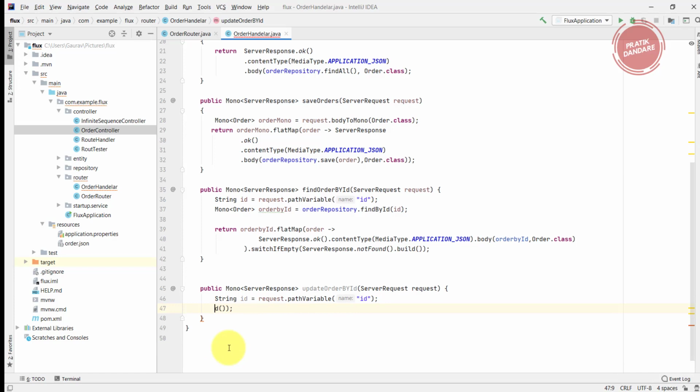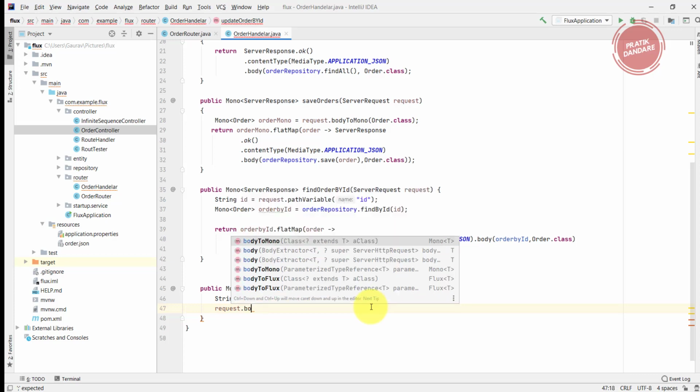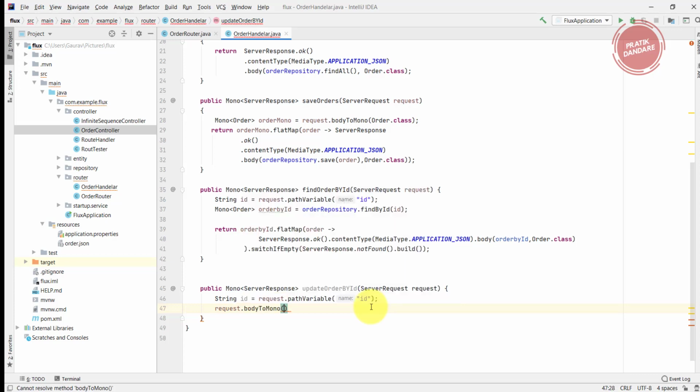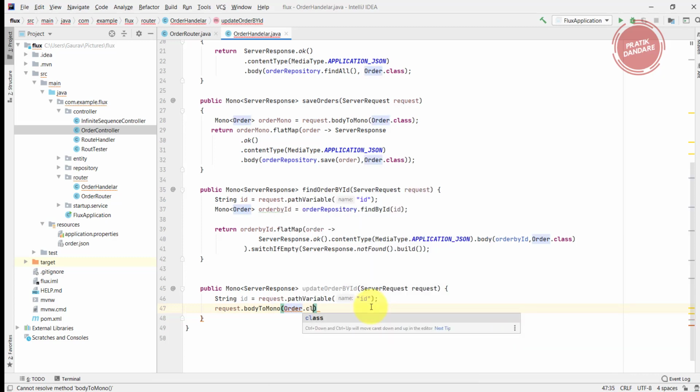Now what we basically need is an ID and the order which is coming from the user. So how are we going to get the order? We get the order with the help of the request: request.bodyToMono, and what we want is Order.class.